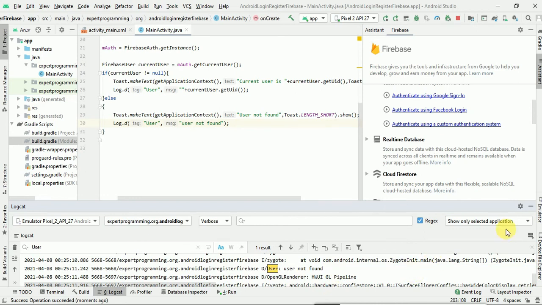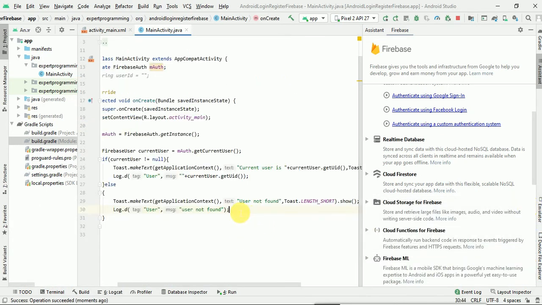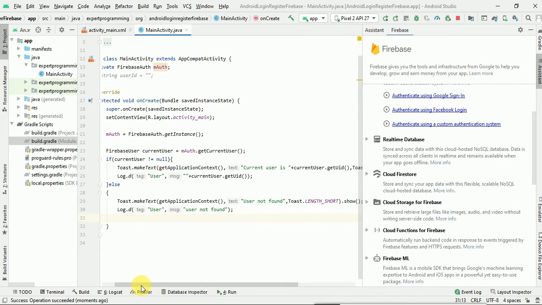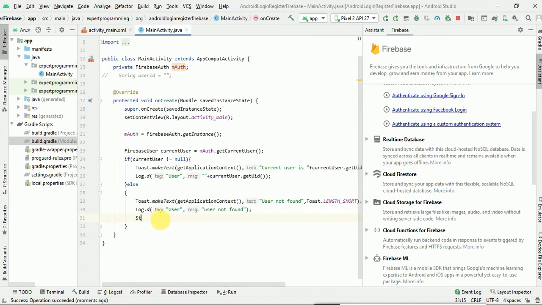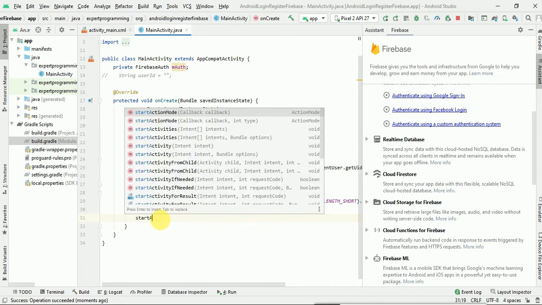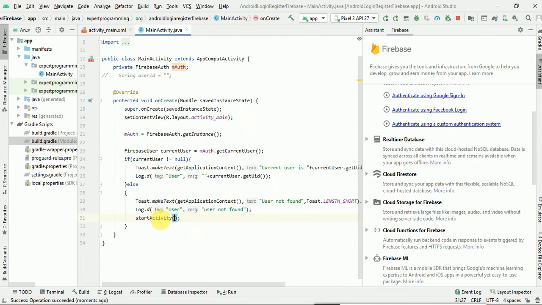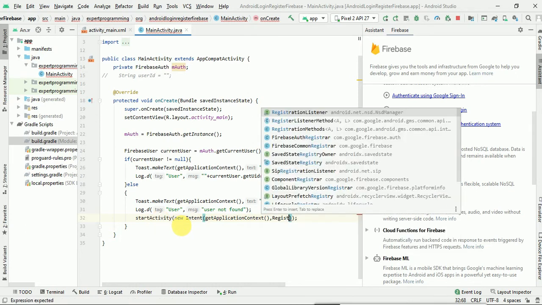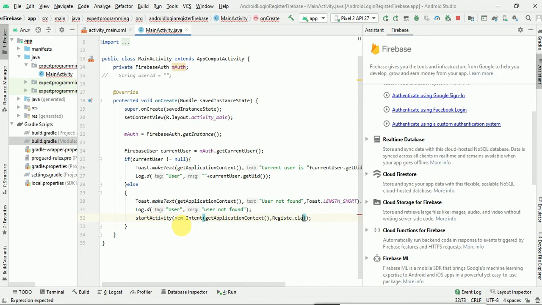Now let's quickly get started with the registration part in this tutorial itself. If user not found, I will start another activity. startActivity, new Intent, getApplicationContext, comma, Register dot class.